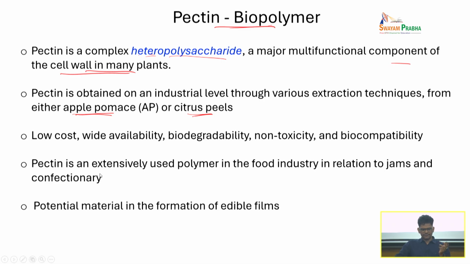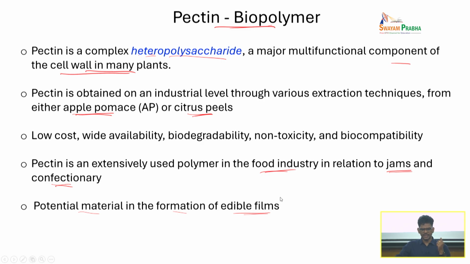And as of now, it is extensively used in food industries with regard to fruit jams and confectionery items. But using pectin for commodity plastic is one potential that we can look into. Okay, so it is a potential material for the formation of edible films, and coating of fruits to improve the shelf life is another possible